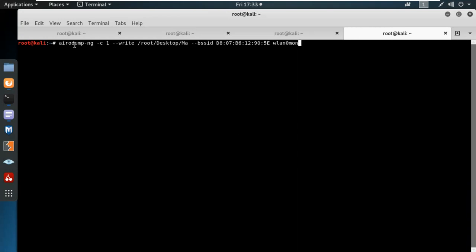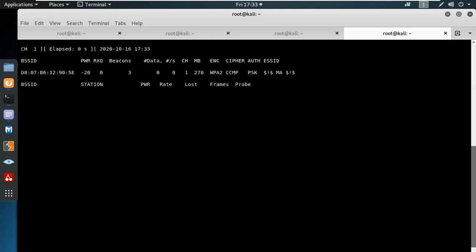So airodump-ng, we know, is used for capturing all the network packets on the air. But मैंने इसमें क्या किया airodump में कि just capture the packets of channel number 1 and store those packets in the folder of this specific file, which has a MAC address, and use the interface to connect those files. See, so over here this is a MITM attack,